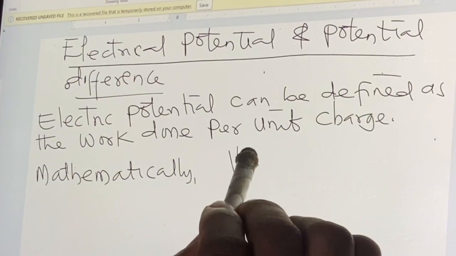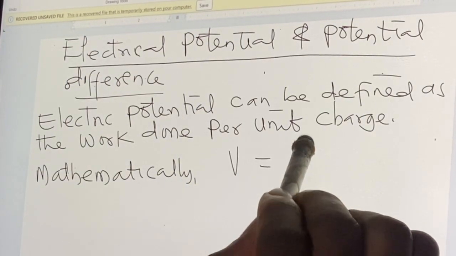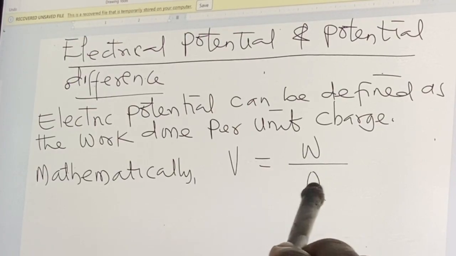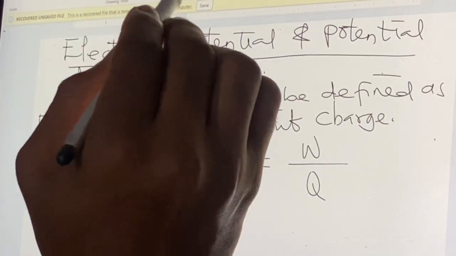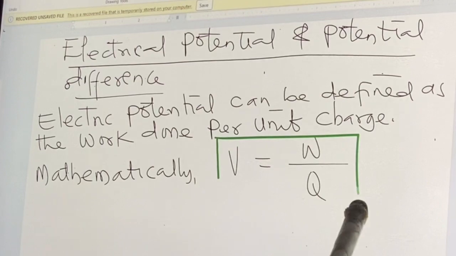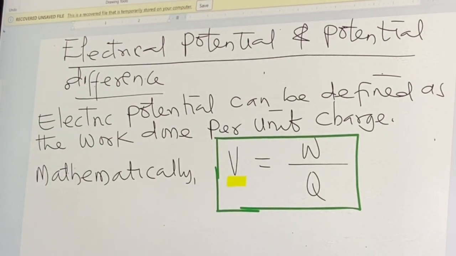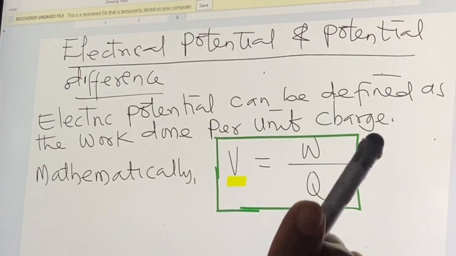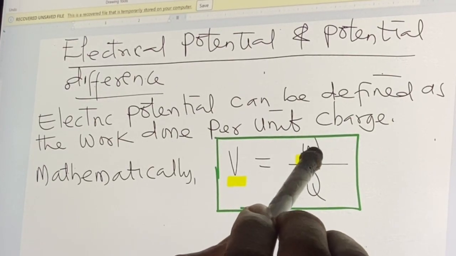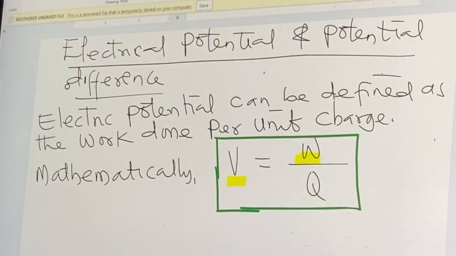Electric potential V is equal to W over Q. The V here represents electric potential. The W here represents work done, and work done can either be potential energy or kinetic energy. Please don't forget the unit is in joules. The Q here represents charge, and the unit is in